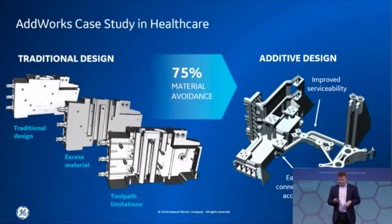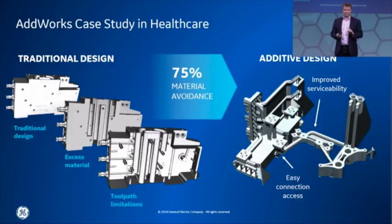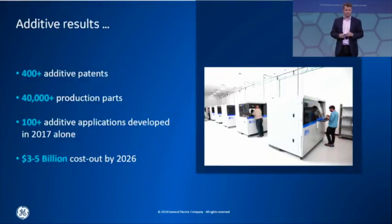Oops, excuse me, I think I went forward. Can you go back one chart? I'm sorry. Okay, I think somehow the charts are out of order, but